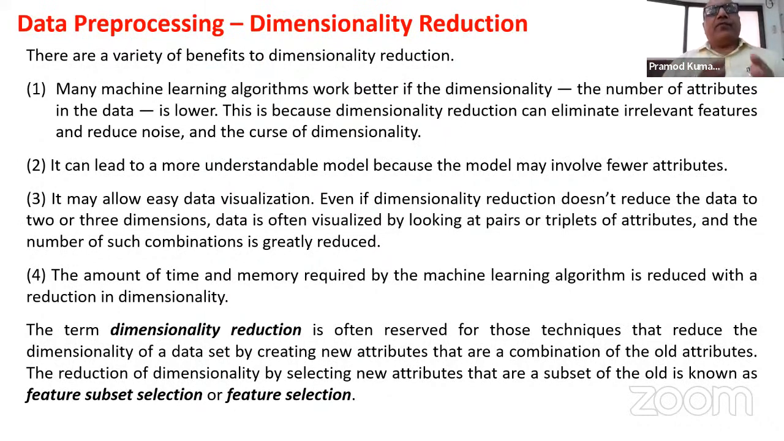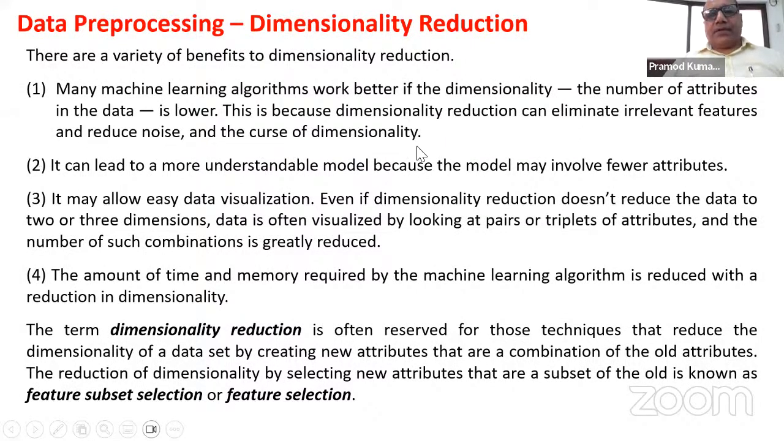So why do we want to reduce the number of features? What are the benefits of it? That is all written here. Many machine learning algorithms work better if the dimensionality, meaning the number of attributes in the data, is lower. So if the number of dimensions or features is lower, a lot of algorithms work better. Why is it so? We will just see. This is because dimensionality reduction can eliminate irrelevant features and reduce noise and